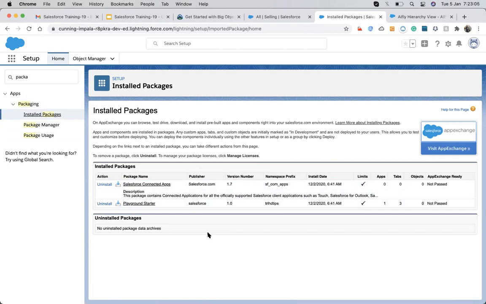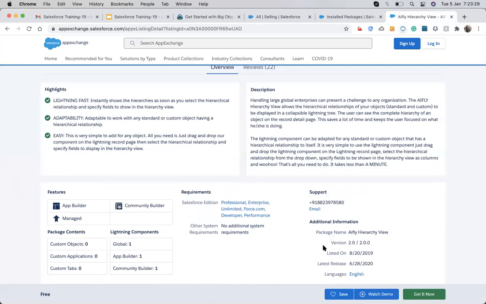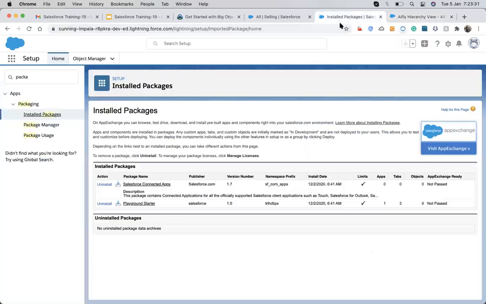But the thing is that we have two kinds of packages. One is a managed package, the second is an unmanaged package. A managed package is more private, meaning we can't see their code, we can't make any changes in the code. Whenever you face any issues, you just have to go to the AppExchange and file a report or leave a comment, so talk with those guys, something like that you have to do. And in case of an unmanaged package, if you face some issue, you can ask your developer to make changes. They can easily make changes and resolve the issues.